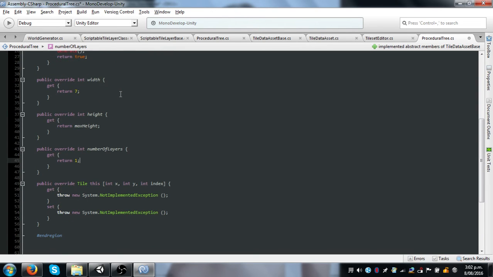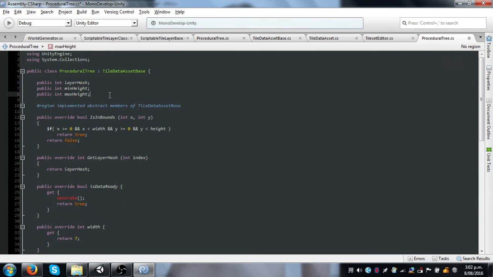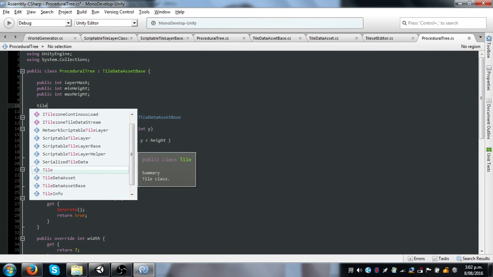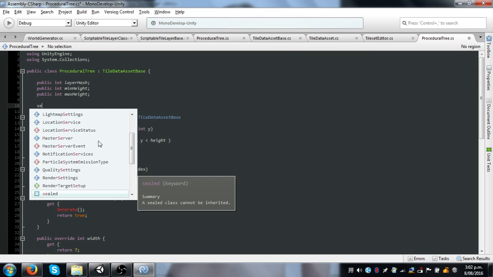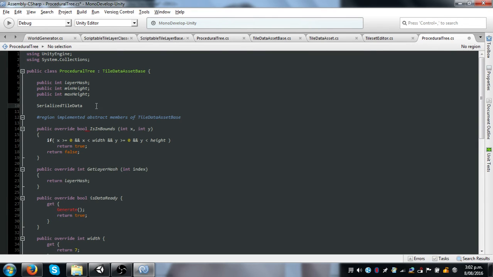And so we need some way of storing the data, which we will use. We've got serialized tile data, which is just an easy way for storing your tile data and saving it without having to actually generate a level. So data,